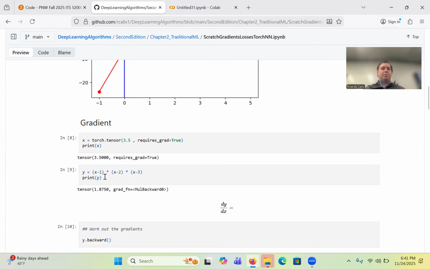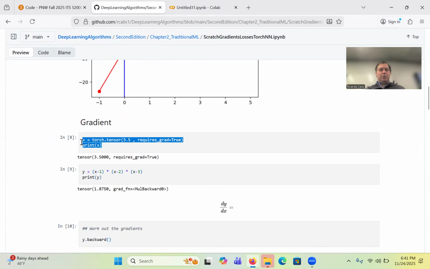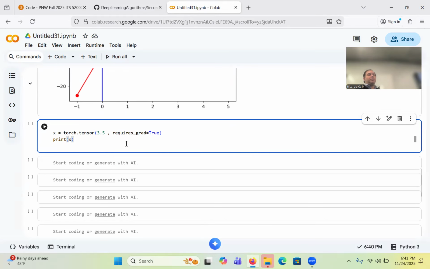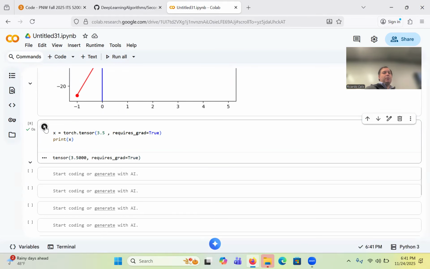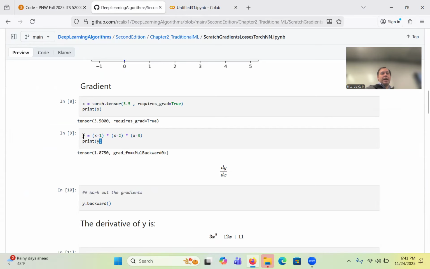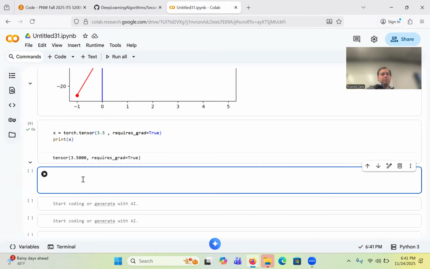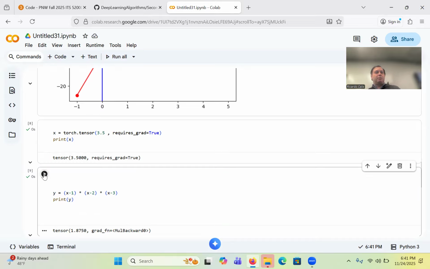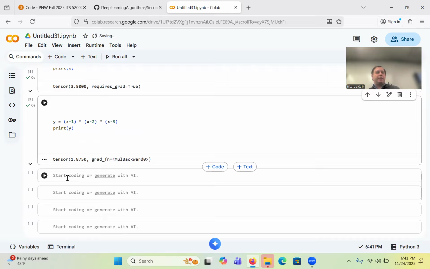Okay. So let's look at this example now. Change the number to 3.5 or just re-establish it. So 3.5 does require grad. We print the value. It is 3.5. We have our function over here, which is going to be this one. X minus 1 times X minus 2 times X minus 3. So you really have to work this out, multiply these to get the actual function, and then take the derivative of it. So here I run, the value is still no derivative,